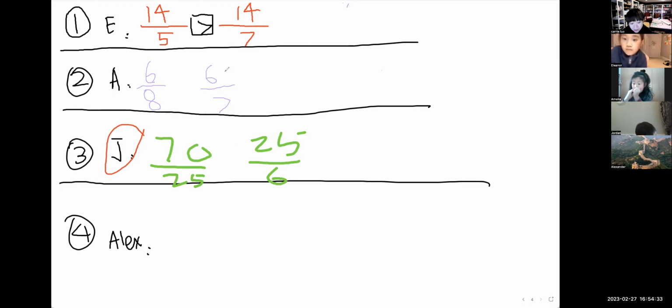Second one. OK，那 Alexander 你告诉老师，6 over 8 and 6 over 7, which one is bigger? Second one. Second one, okay? So can you tell me why the second one is bigger? Because